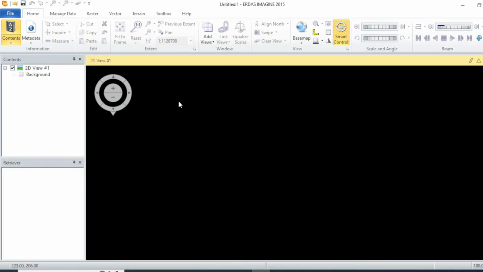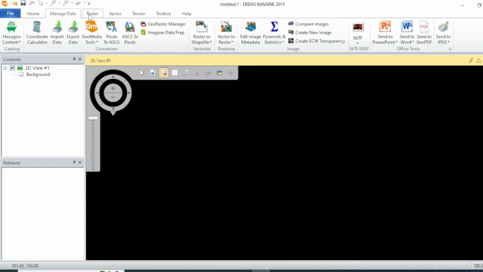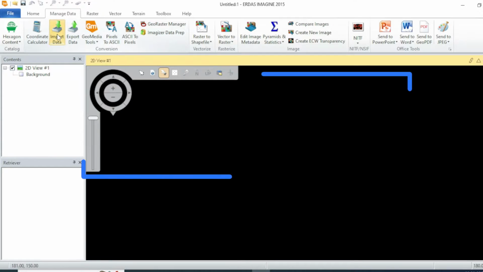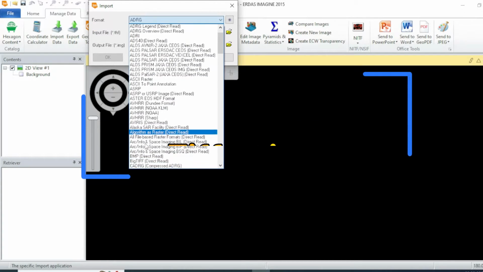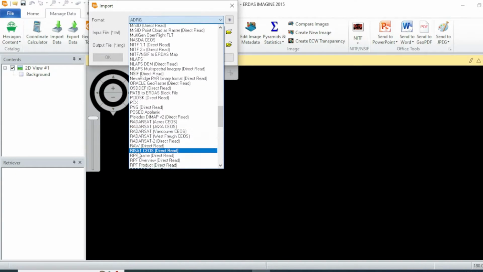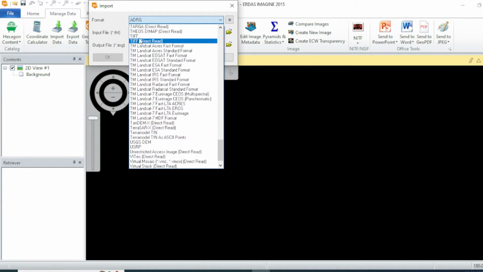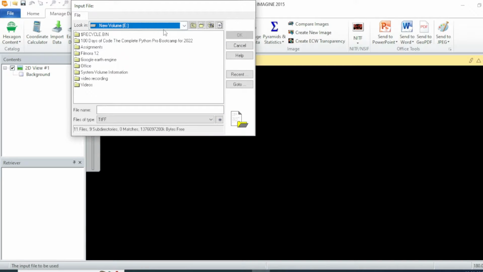For performing this analysis, I have recently shown you how you can add or import any band in ERDAS Imagine. So first of all, you have to convert your TIFF format into Imagine format. In this analysis I will convert only one band, but you have to convert all bands from TIFF to Imagine format. Just search TIFF from over here and navigate toward your file destination